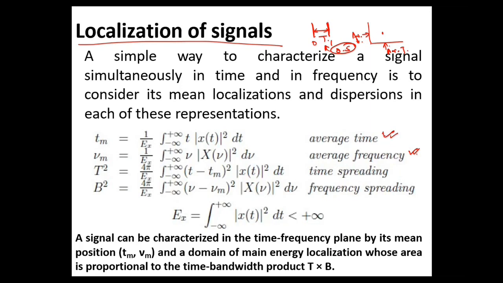We are not only talking about the average time or the average frequency, but there is a set of frequency components or a set of time domain components. So in reality, for a particular atom, for a particular time period, we will see that we are getting a signal component something like this, and it has a spread in the y-axis and also in the x-axis. That spread is regarded as time spreading and frequency spreading. I'm not going into the details of the mathematics, I'm just giving you the gist. So what does this mathematical expression suggest?